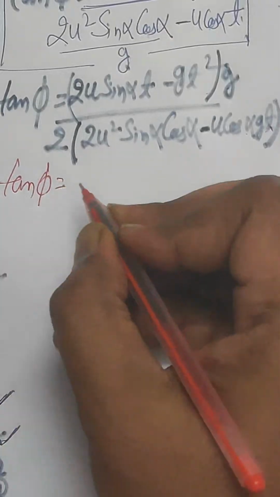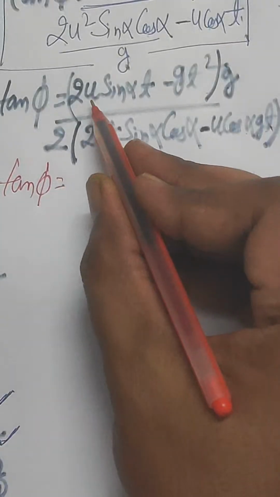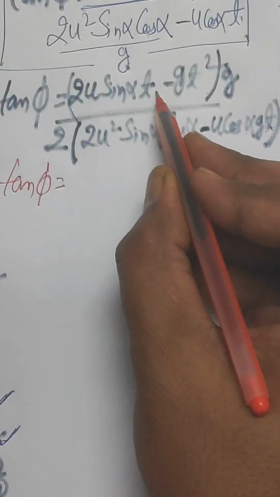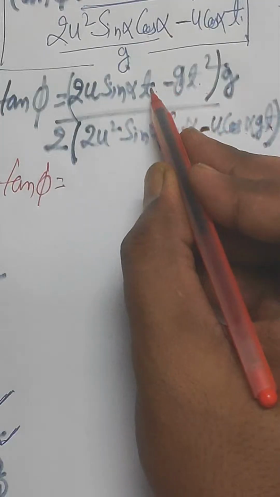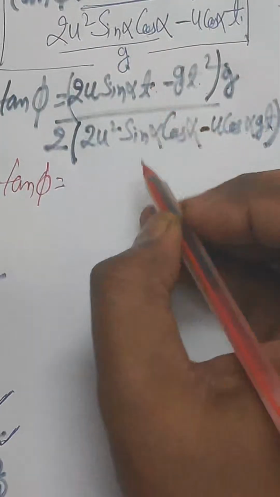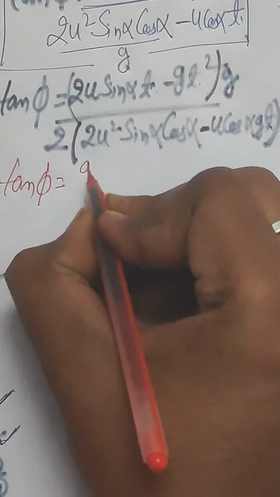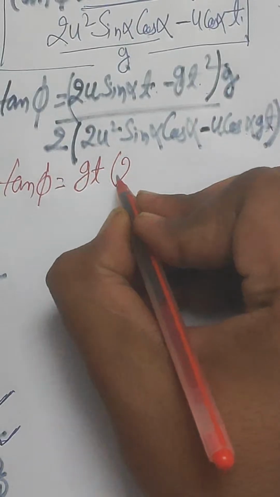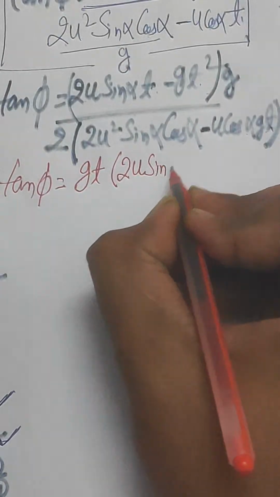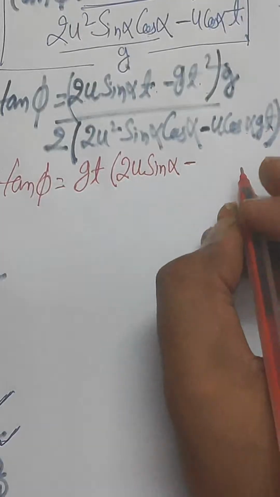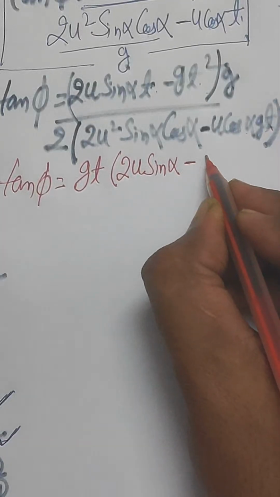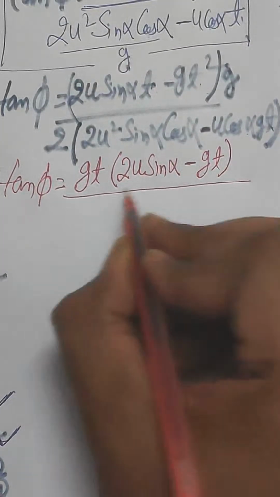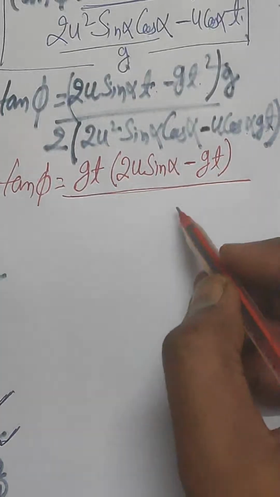tan phi as equal to, here you can see 2u sine alpha minus gt square. So one t can be taken out as common from here. So and this g can be written outside the bracket, g into t, and inside the bracket we have 2u sine alpha minus gt, right, into the numerator, and divided by into the denominator it will be